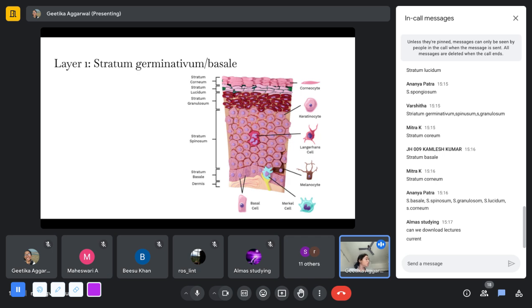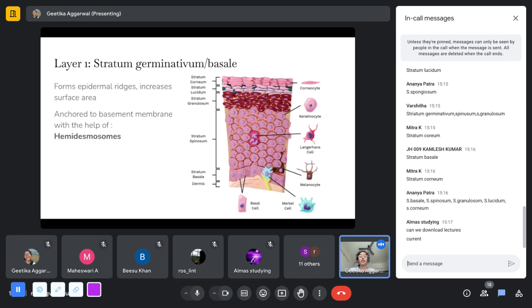Okay, so moving on. The lowermost layer, as we discussed, is called the stratum basale, and it contains three types of cells: the Merkel cells, the melanocytes, and the basal cells. This structure, stratum germinativum, as was discussed in the lectures, forms epidermal ridges, which means it forms a sort of crest and trough structure, where these ridges help increase the surface area, and it's anchored to the basement membrane.